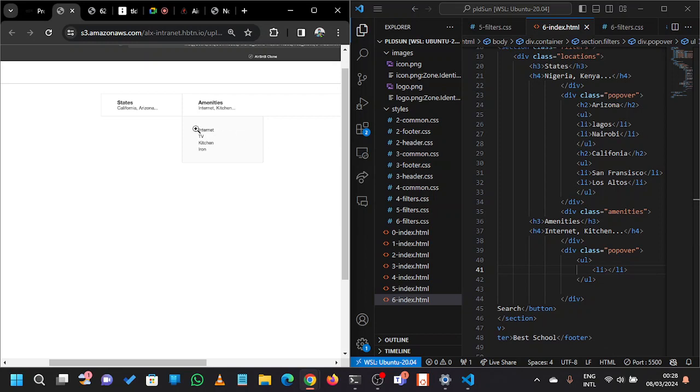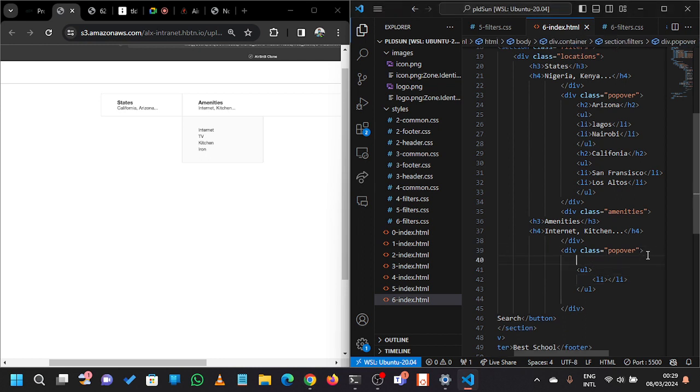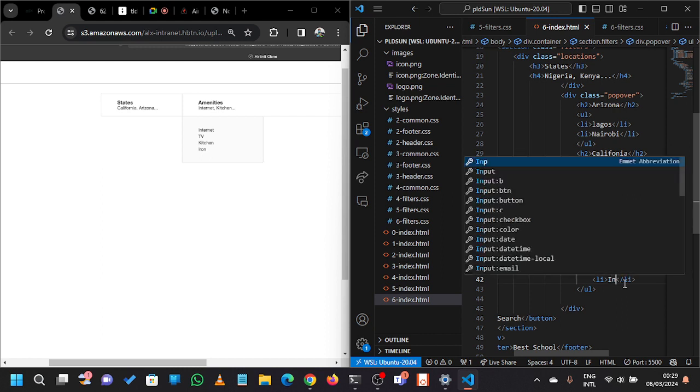I think it is just going to have a space here, and you can see this space here. Okay, let's just give it an h2, but we won't give it any content inside for the moment, because it has a space here, in case it misbehaves, we just remove it. And then inside now here, internet,